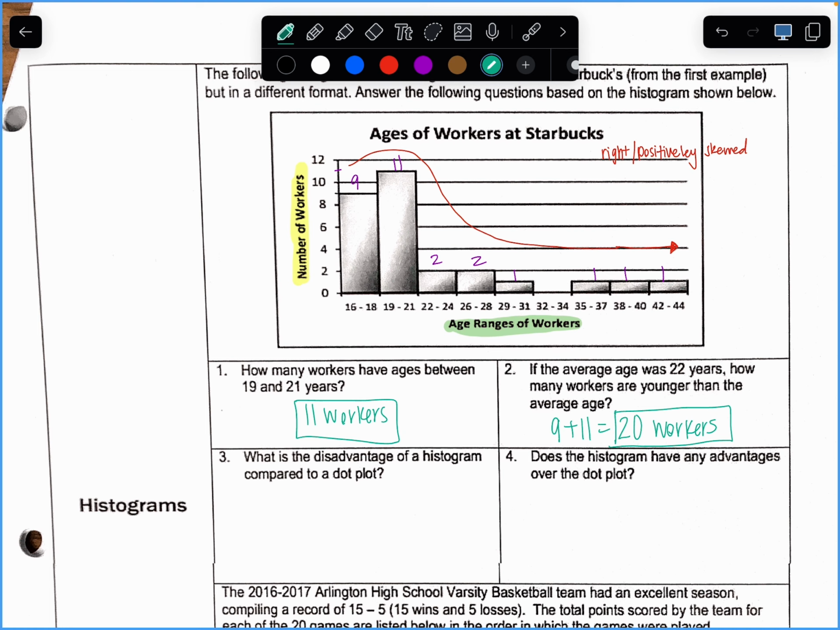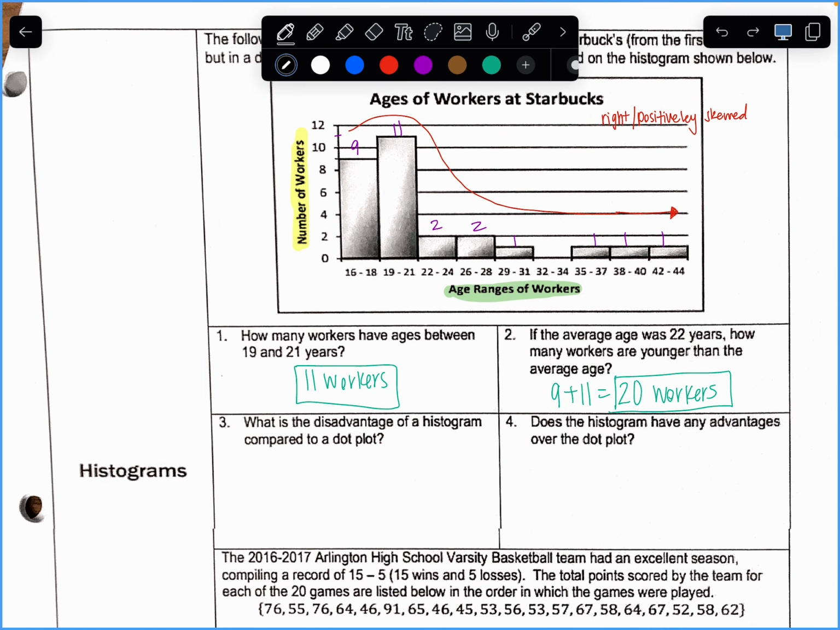It's not as exact. Like there could be like 11 19-year-olds and 0 21-year-olds. Okay, good. So it kind of categorizes it. So you don't know how many, since we know there's 9 of them, right? We know there's 9 workers, but we don't know if some of them are 16, some of them are 17. We don't know how old those workers are exactly. So that's what we need to write down. So that's a disadvantage. The ages can vary